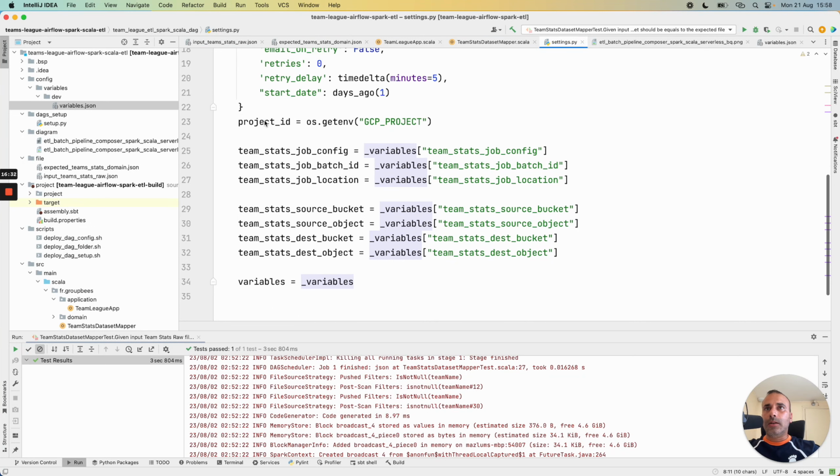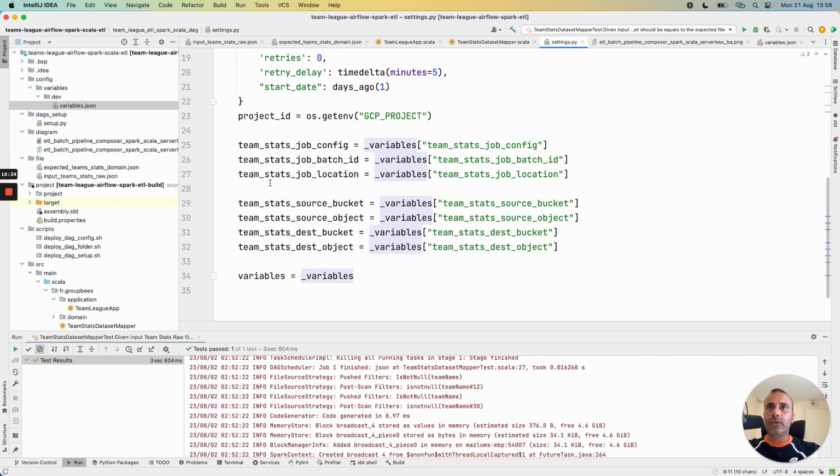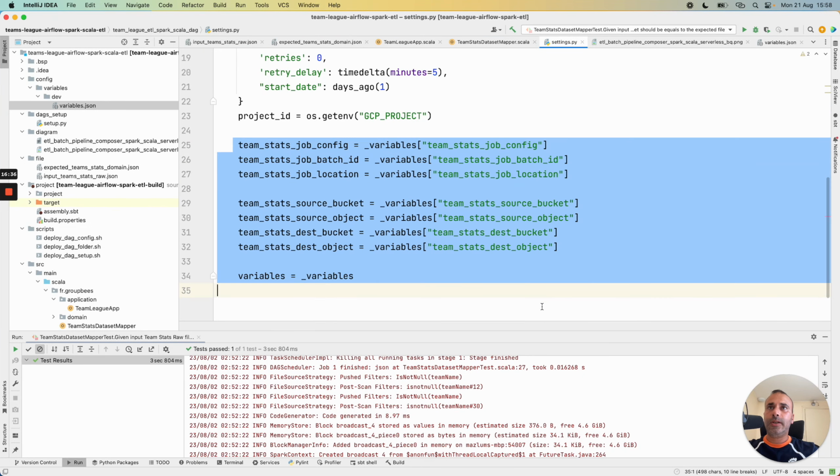Then I configure all the needed fields here.